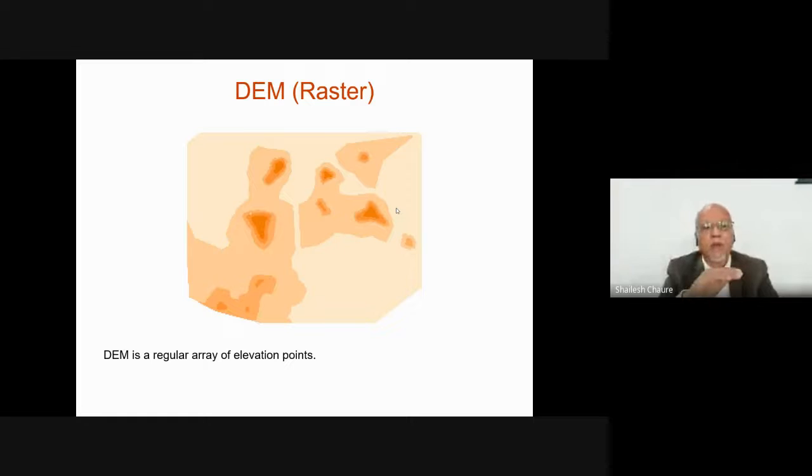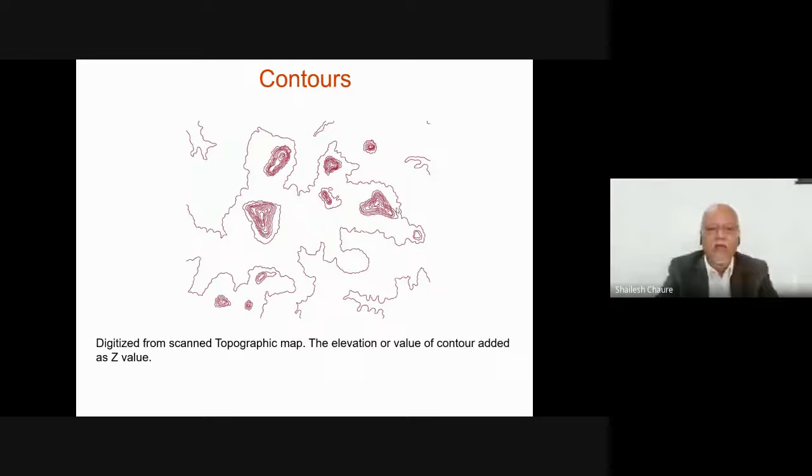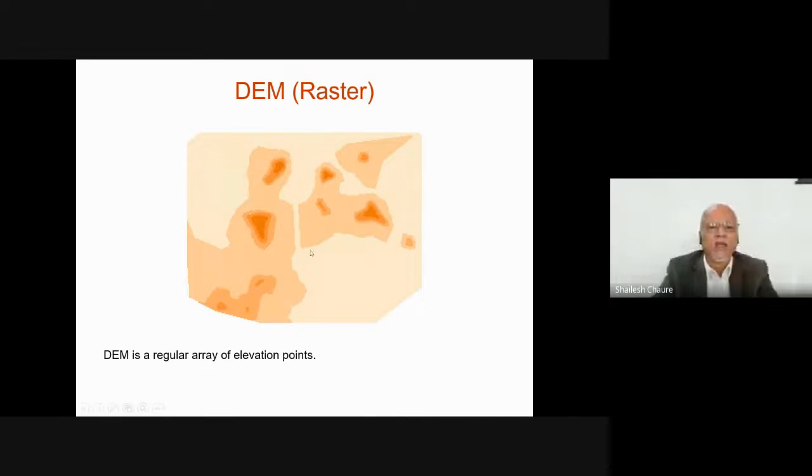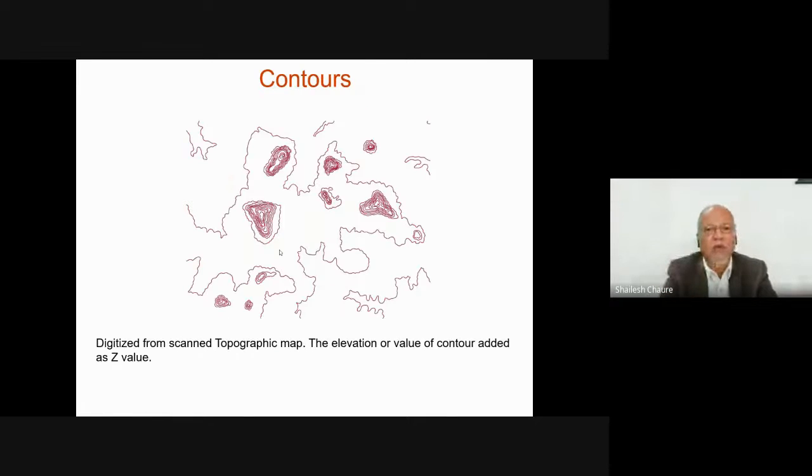Then from contour, we can compute a surface, kind of a digital elevation model, where depending on the values of the contours, we just have the shades. Darker the shade, higher is the elevation. Lighter the shade, lower is the elevation. So that thing has been computed. Now from this, or from even this contour map, we can compute a TIN model,